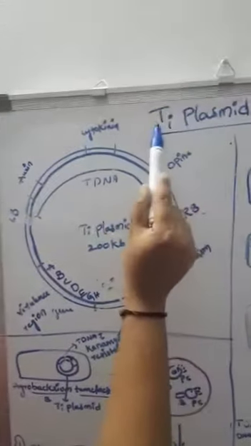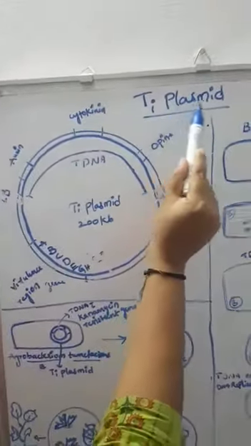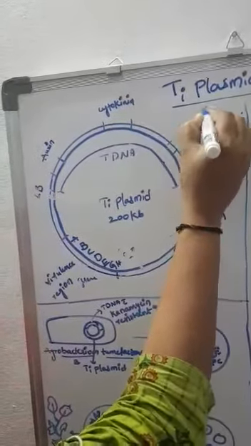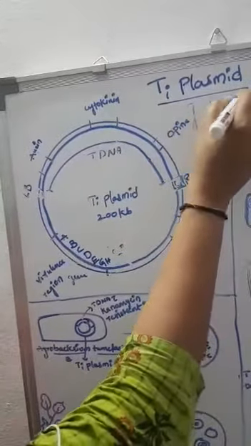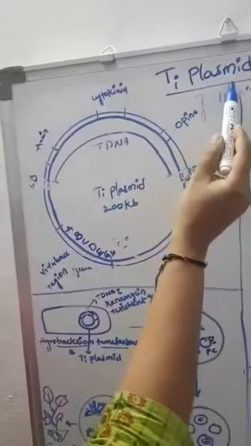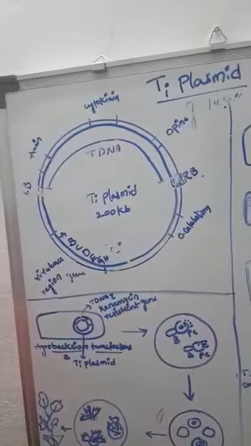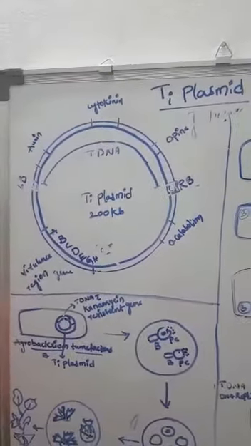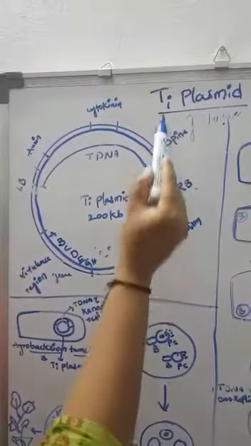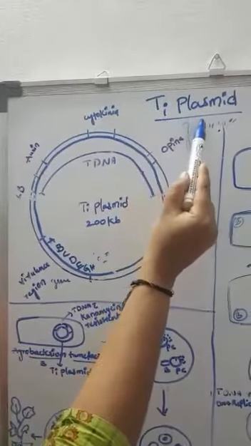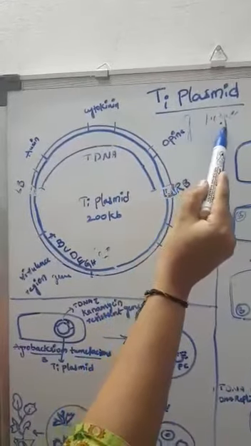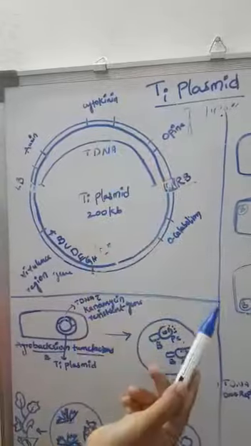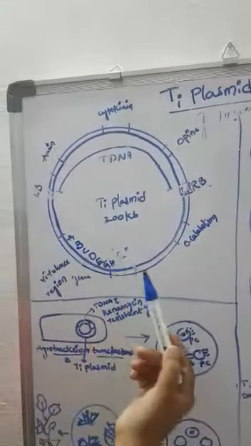TI plasmid, tumor inducing plasmid. This plasmid is present in the bacterium Agrobacterium tumefaciens. The TI plasmid is used in recombinant DNA technology. The TI plasmid is a vector which is present in the Agrobacterium tumefaciens bacteria. Whenever this bacteria is inserted with our desired gene